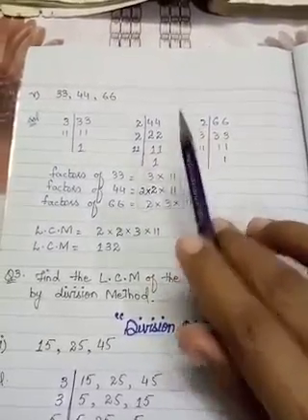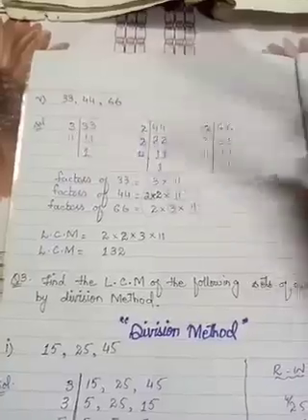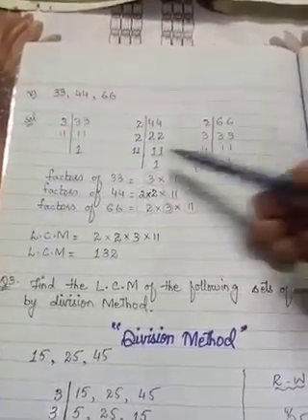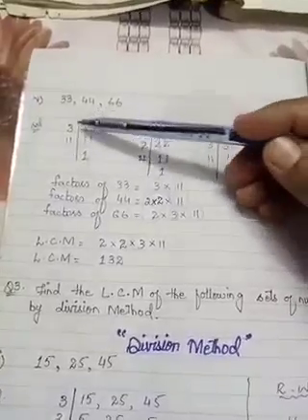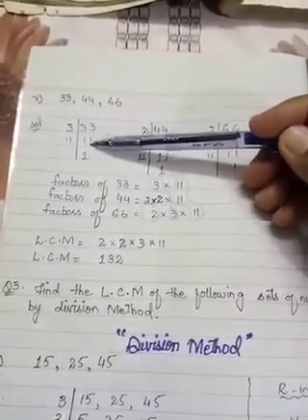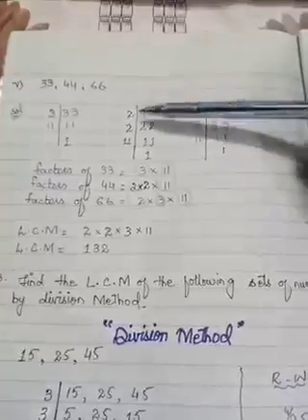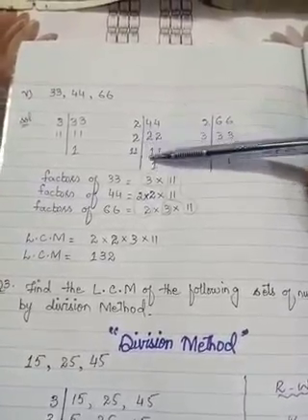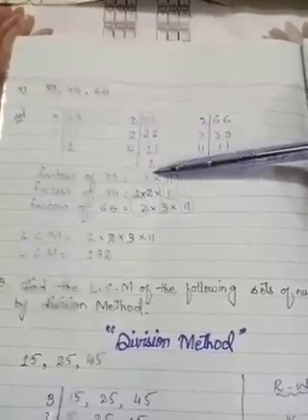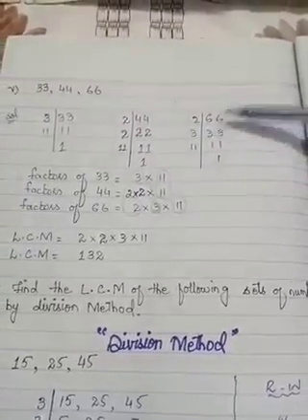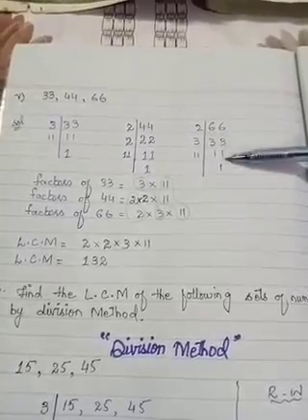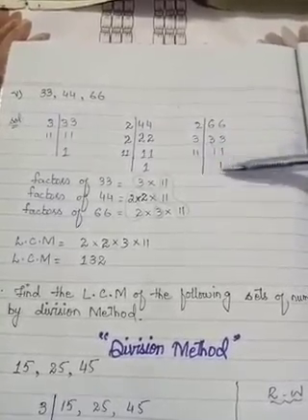As I told you, we will use the least number. 33, you can divide it by the table of 3. 3 11s are 33, 11 1s are 11. Then 2 22s are 44, 2 2s are 4, 2 2s are 4. Then 2 1s are 2, 2 1s are 2, 11 1s are 11. 2 3s are 6, 2 3s are 6. 2 33s are 66. Then 3 1s are 3, 3 11s are 33, 11 1s are 11.